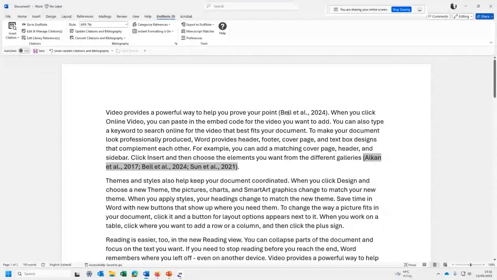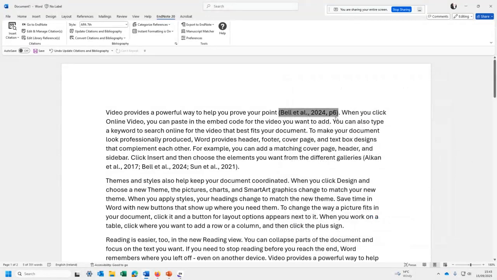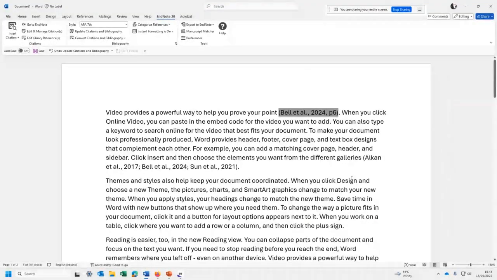Now, the other thing you may want to do is, say, for instance, you are doing a book reference, if you want to put in the page numbers. Okay, so if you want to do that, this is the book reference Bell. So I go up to edit and manage citations, and there's an option here for a suffix. So I put a comma, page, whatever it is. It could be a page range or it could be just the page in itself. So I put page 6, click OK, and that goes in there. Okay, so that's just the edit and manage, select a reference, edit and manage, and then there's a suffix if you want to add a page range.